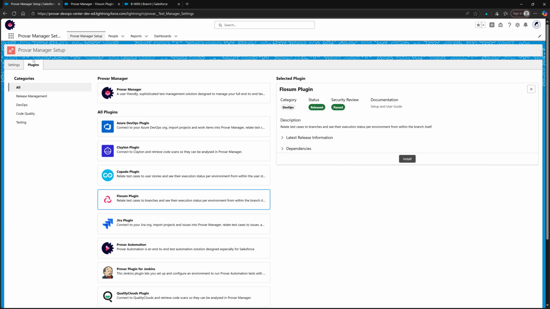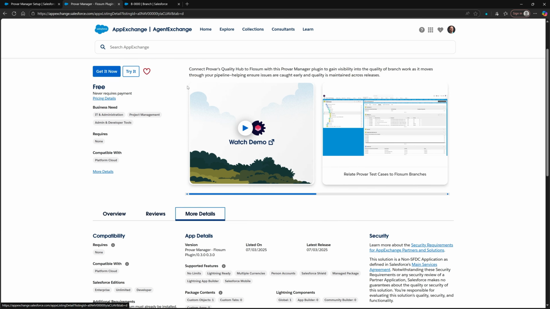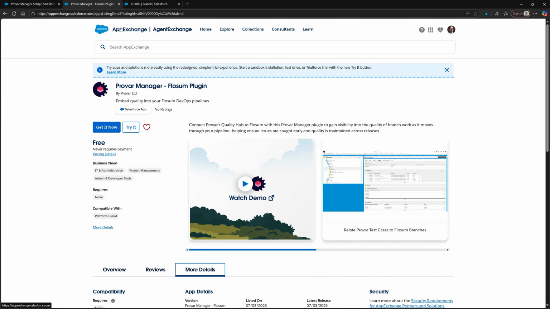If you've already got Provar Manager and Flosum installed in the same org, then you can go to your Provar Manager setup application to the plugins tab here, and then install the plugin directly from the app marketplace inside of Provar Manager. Also, you can utilize the AppExchange, where the Provar Manager Flosum plugin will be available. Since it has been approved by the security review process, it is now installable through the agent or AppExchange